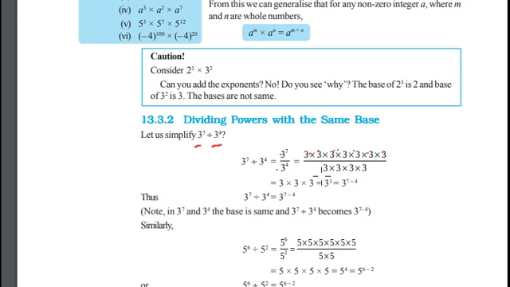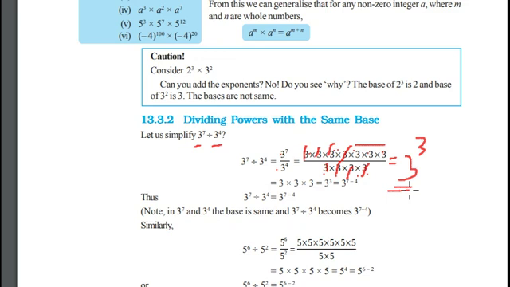We are multiplying 3 4 times. The number 3 is multiplied 4 times. 1 2 3 4. Cancel out 3 and this 3, or any 3 in the numerator. You can cancel out this, and we will cancel out 4th number in the denominator. We are remaining with last 3 numbers. So 3 to the power of 7 divided by 3 to the power of 4 is equal to 3 to the power 3. 3 is repeated thrice.